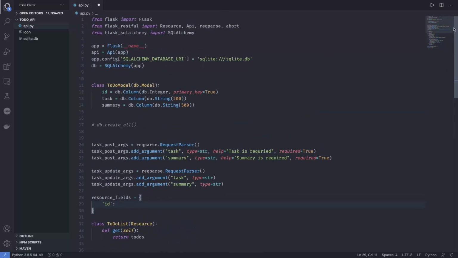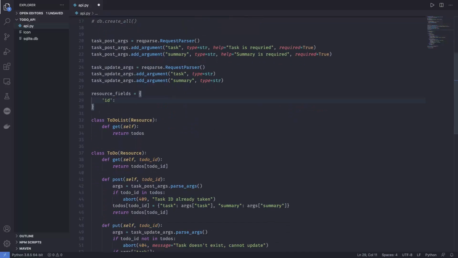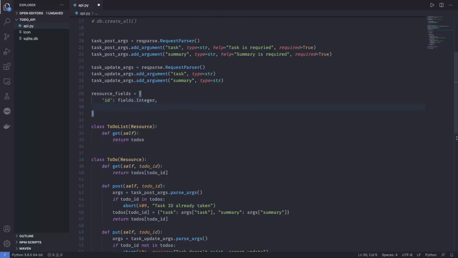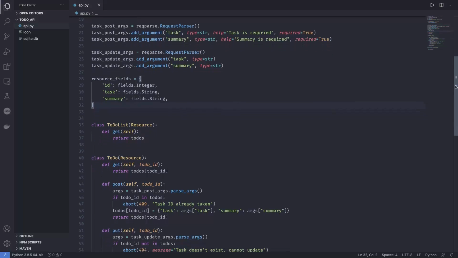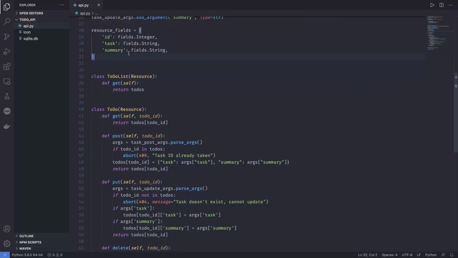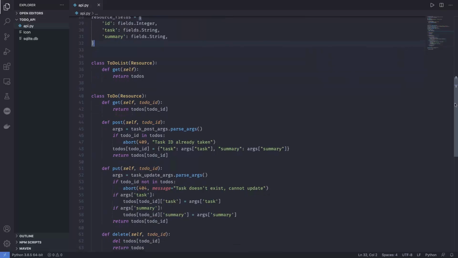The way we tell Flask is by using something called fields. So we have ID equal to fields dot integer, and similarly we have the task and summary as the string. Let me just get it here. Yeah, so this is how every single return statement is going to look. We're going to return an ID, task, and summary, and all the methods which will be following this when they return a to-do list task,